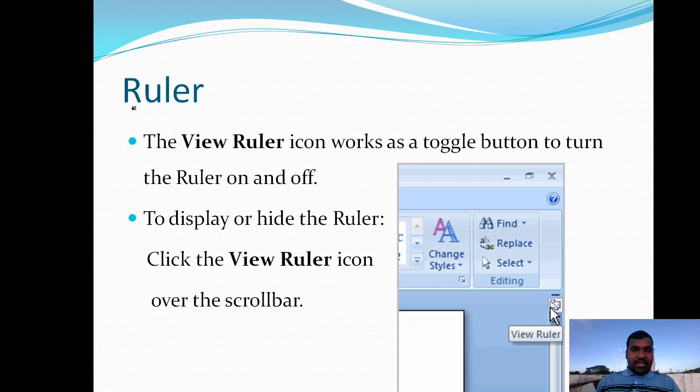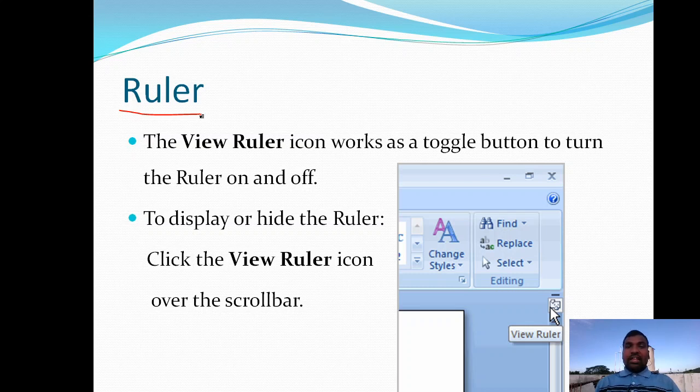And the next important one is the ruler. When you are writing something on paper, the appearance of that content is somewhat good if it has some margins, a left margin and top, or sometimes a right margin also.